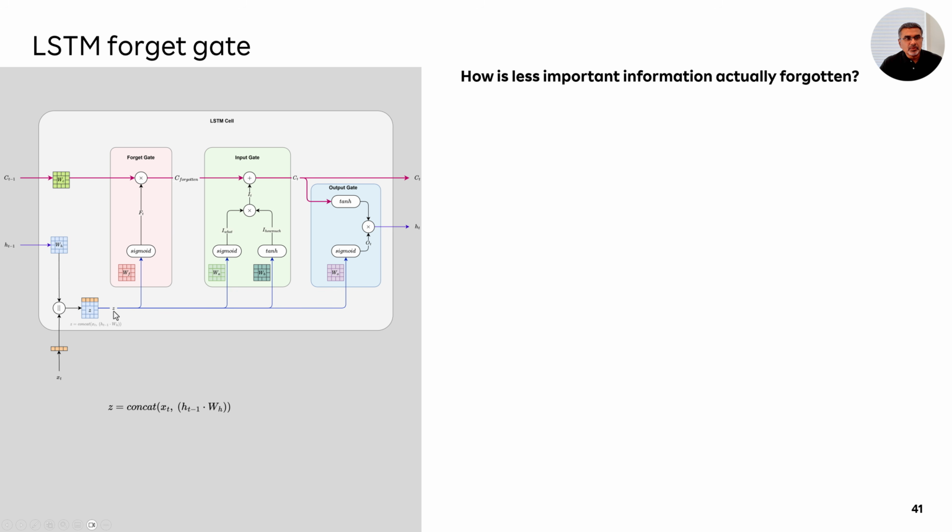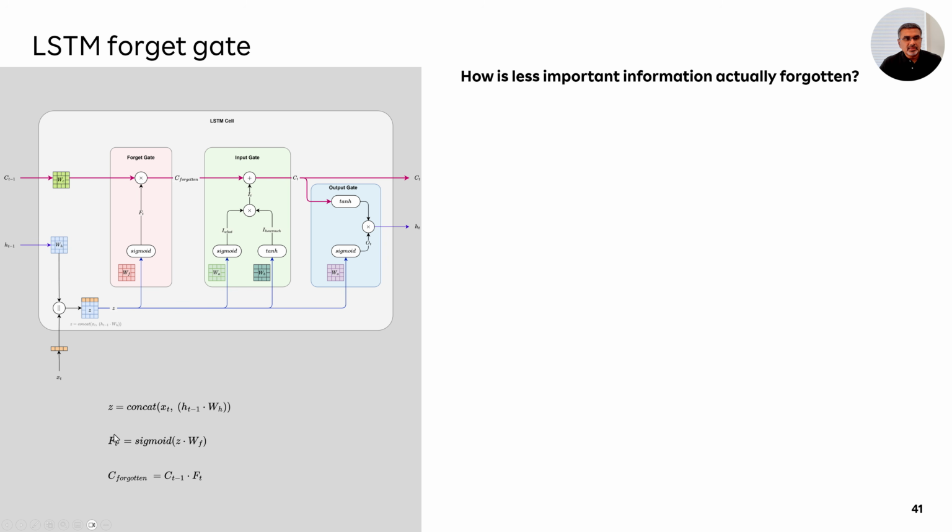Now this is the input that goes to all the gates, by the way, Z. Okay, it's a concatenation of the token plus a multiplication of the previous hidden state with the learnable or trainable weight matrix for that. Now what you do is that the forget gate is actually calculated using this input, which we'll now start calling Z, going forward. This Z times another trainable or learnable weight matrix called WF, which is the weight matrix for the forget gate. Okay, that's what it does.